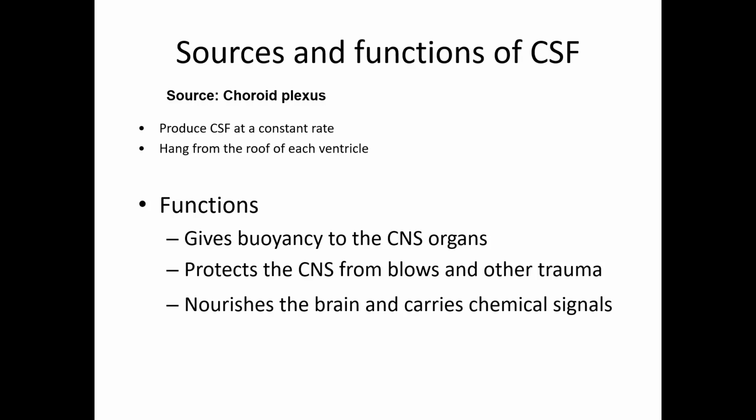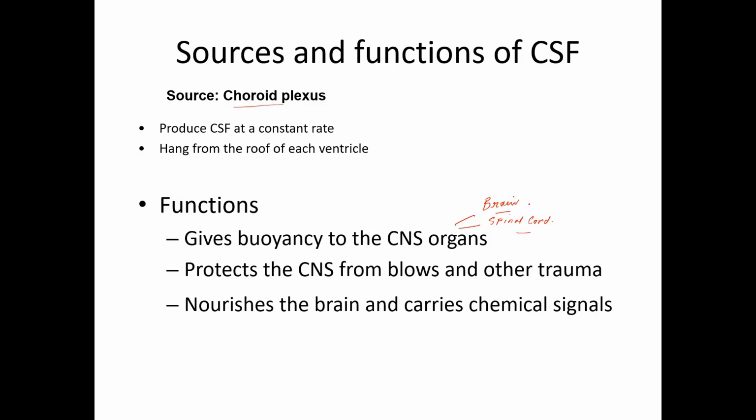So the choroid plexus attached to the roof of the ventricles secretes the cerebrospinal fluid. Cerebrospinal fluid gives buoyancy to the central nervous system organs. Cerebrospinal fluid is located around the brain as well as around the spinal cord in the subarachnoid space. So both organs are protected by the cerebrospinal fluid, and this fluid really protects your brain and the spinal